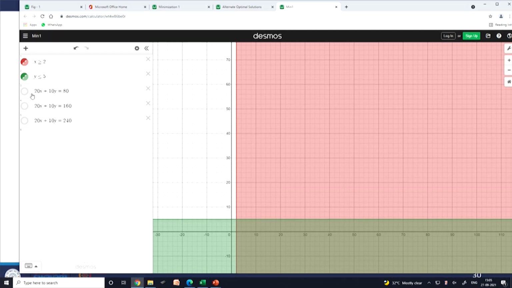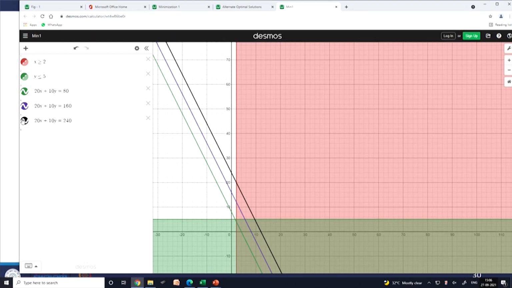Suppose I make an objective function with right hand side equal to 80, then 160, 240, like that, there will be a lot of solutions, because there is no boundary. So how can we make this into a bounded problem? When you multiply the coefficients of the objective function by minus, this will become a minimization problem. When it becomes a minimization problem, the value x equal to 2 will be one of our solutions.